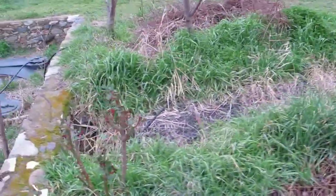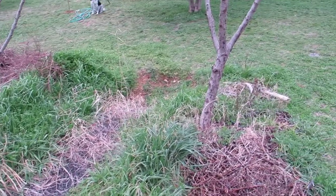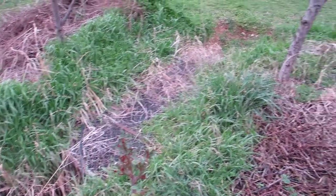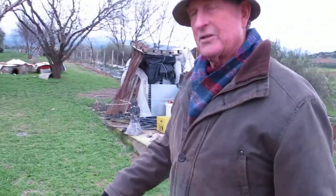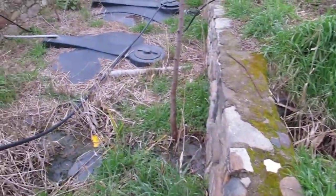This here is the reed bed, yes? Right, yes. The reeds are rather low right now. They've died off during the winter. Do you know which particular plants you put there? A sort of bulrush. There's one there, not a bulrush, but there's...